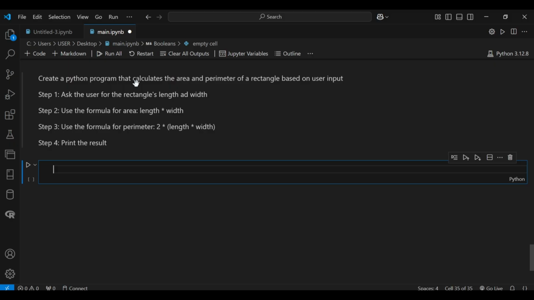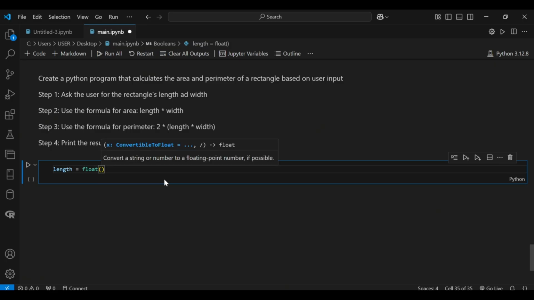So the first thing I want to do is ask the user for input, and let's say I want to get the length input first. So I'll declare a variable called length, and I want my input to be, it could be integer, it could be float. Remember, whenever we use the input function, it always brings a value back as string, and you always have to convert it to either integer or float. If you can't remember this, check the last episode for explanation on input and output so that you can remember. So now I first want to do float,